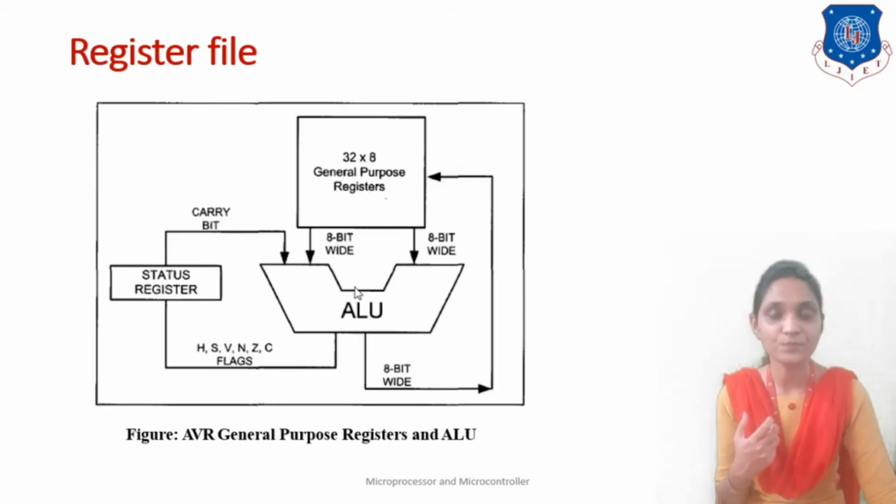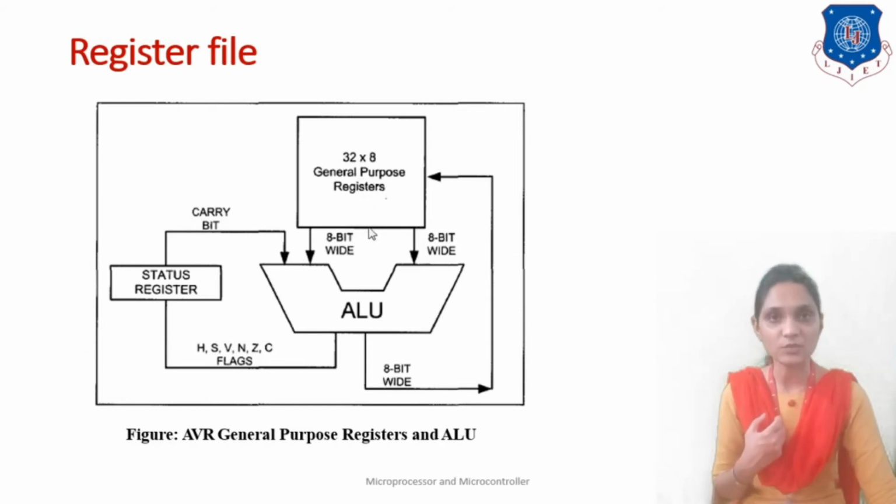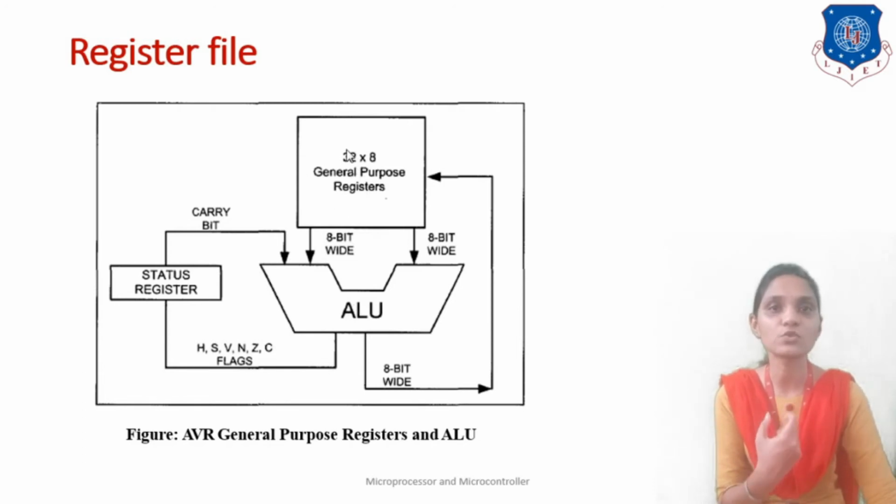This is the general structure, where this is the ALU, and this is your 32 general purpose registers that we have represented as 32 cross 8. Why cross 8? Because each register can contain 8 bits. So this connection will be a bus, and that bus will be of 8 bits. These registers are connected with the ALU, and any operation you want to perform on some data, you have to store it into these registers, and then the operation can be performed, and after that the result is generated, and that is also stored inside some register and also in the status register. What is the status register? That we will see in the next session.